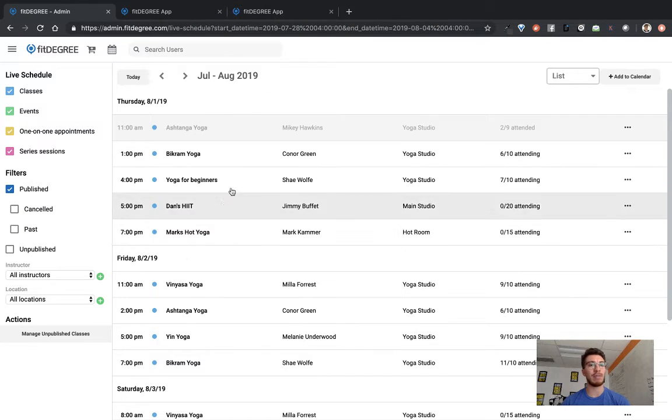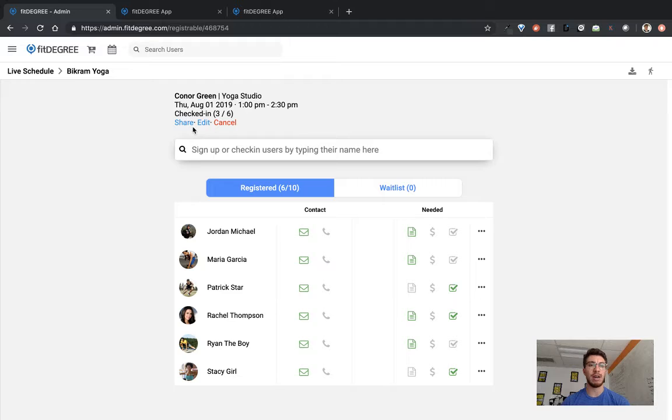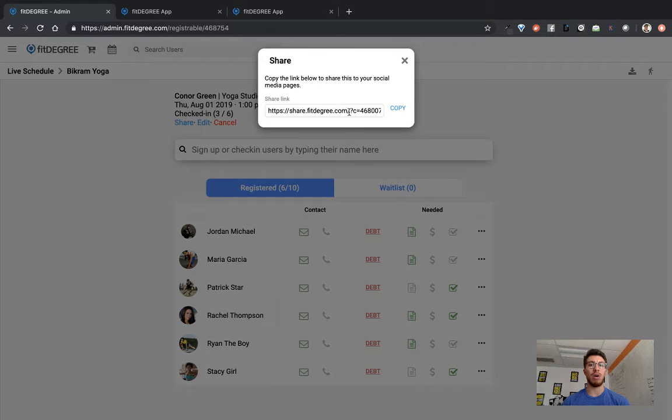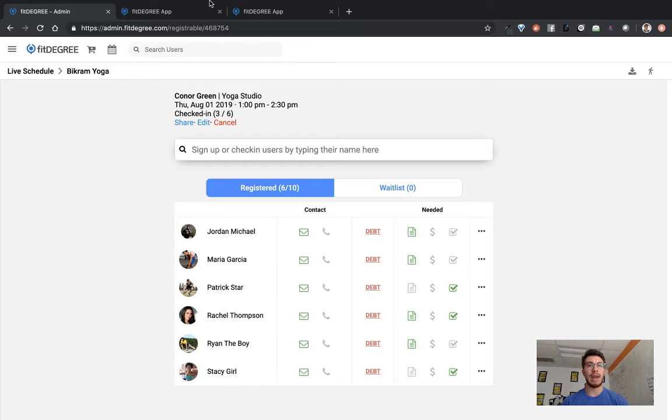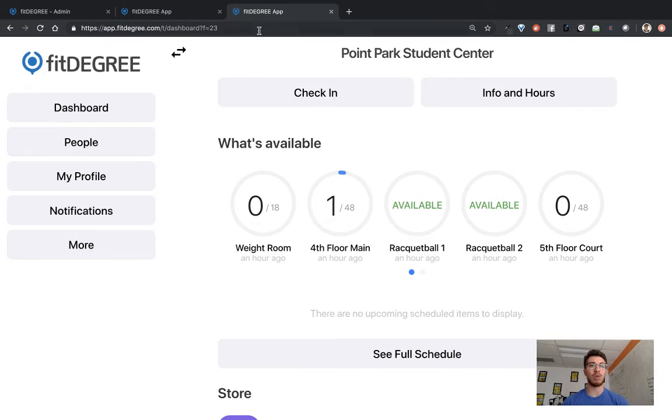So if I click into any of my classes or events on the calendar, I click this share button, and that also generates a link that you can put that one thing on their website. So they go to the website, click here, and they're brought up to register. And then also, we can put this whole thing on your website in general. So this is actually the Point Park one. You'll have to put in this unique code,